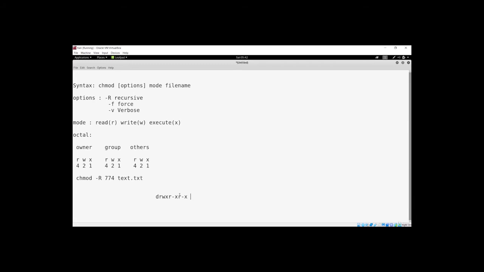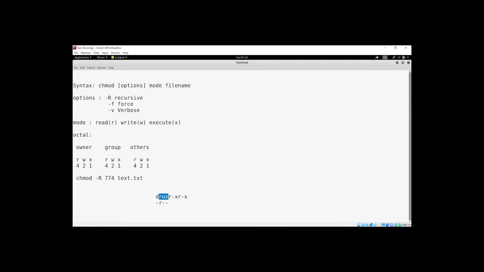If I start with a dash, that means it is a file. If I say r-- , that means it is a file, and these first three characters are for the owner. That means the owner can only read the file, and cannot write to it or execute it.